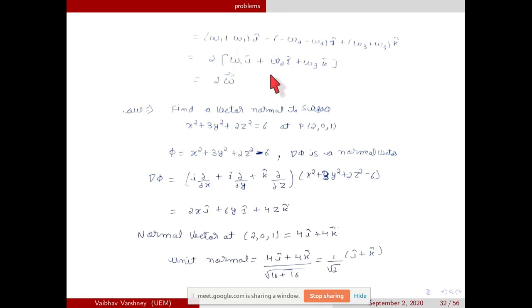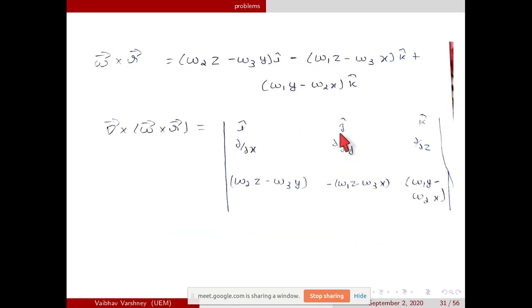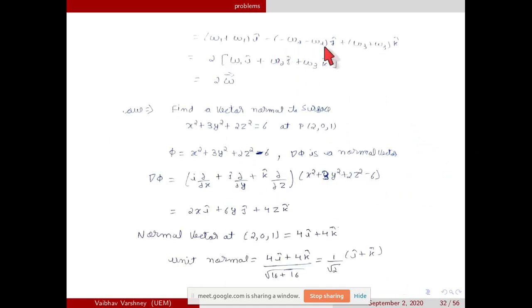In the same way, when you are calculating the j component, you have to hide this and this, and when you multiply this and this, you will get omega 2 plus omega 2 j cap. In the same way, when you are calculating the third term, you will get omega 3 plus omega 3 k cap. So if you add this, then you will get 2 bracket omega 1 i cap plus omega 2 j cap plus omega 3 k cap, and this omega 1 i, omega 2 j, omega 3 k is an omega vector. So this we can write as omega. So this will come as 2 times omega vector.